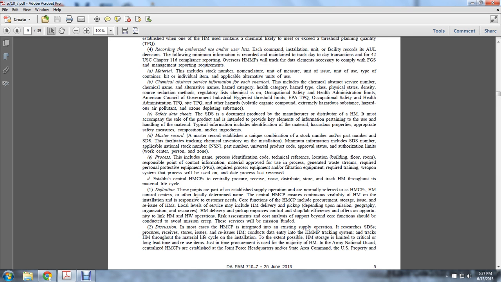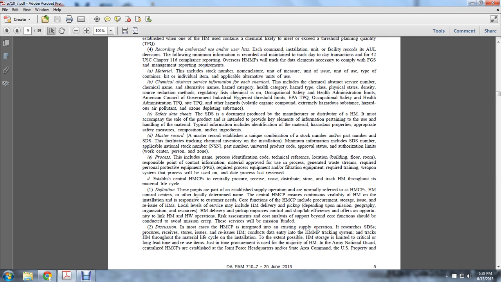The resource safety data sheets, procurement receives, stores, issues, and reissues hazardous material, conducts the data entry of the hazardous material management program tracking system, and tracks hazardous material and waste, the hazardous material management material through the cycle of the installation. To the extent possible, hazardous material storage is limited to the critical long lead time. The reuse of the just-in-time procurement for the issues of the majority of the hazardous material in the Army, the